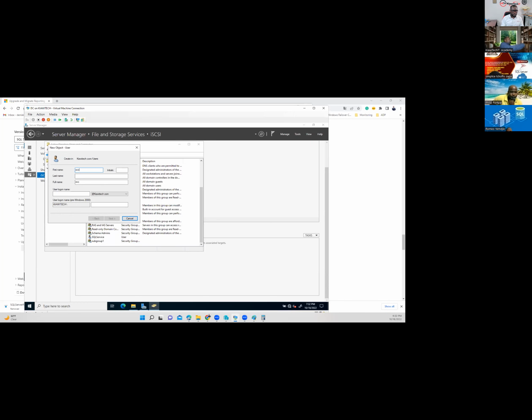Prod, I call it SVC_prod SSRS for the production SSIS server. This is SSRS. So the service account name will be SVC_prod SSRS. That is the account that I'm requesting the team to create for me, and the password will maintain the